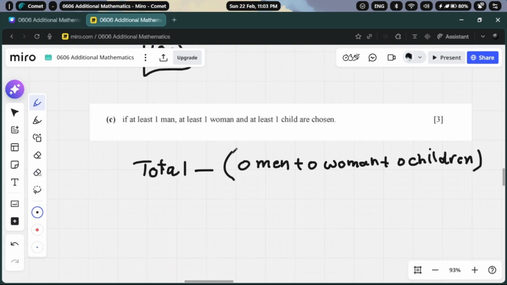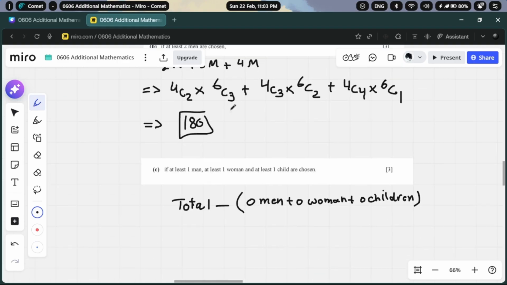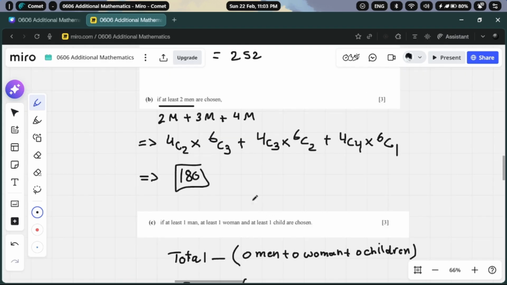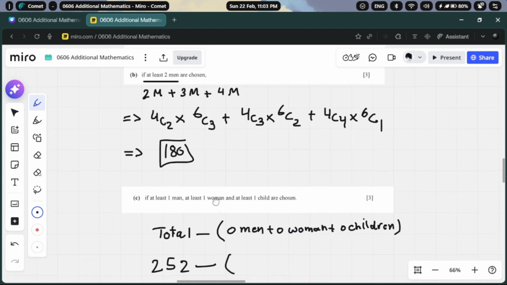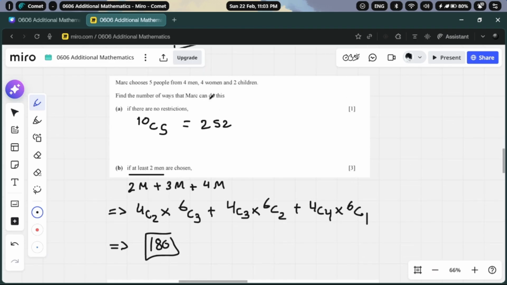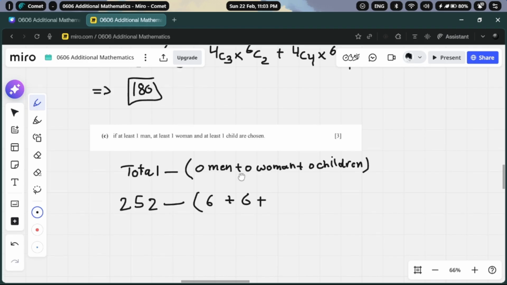So as we already calculated, without any restriction, there would be 252 minus the case where there are 0 men. So in that case, you would be left with 6 people, and you would do 6C5, which is the same as 6C1, so that would be 6. That plus the case where there are 0 women. So once again, there will be 6 cases for that,